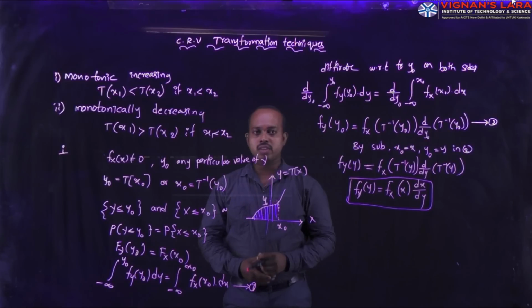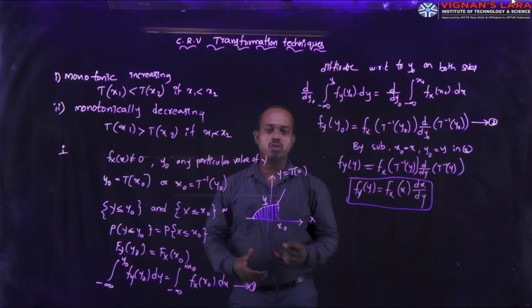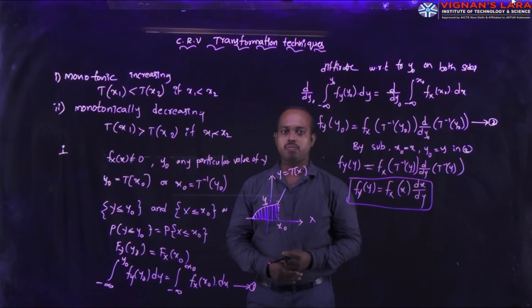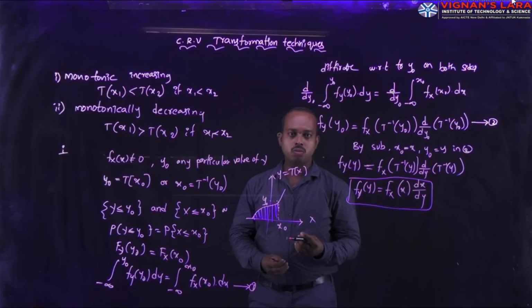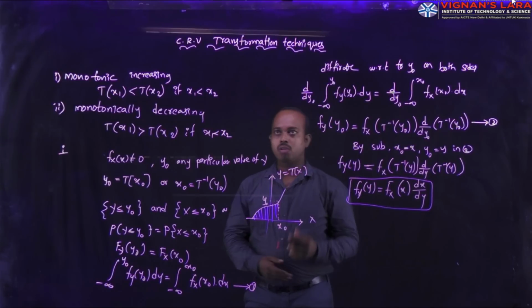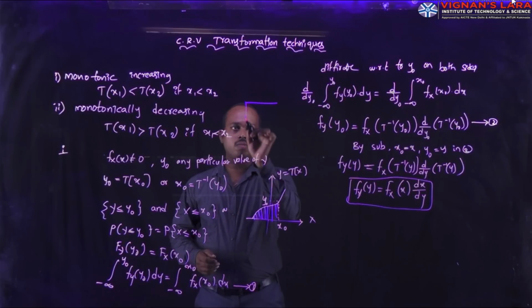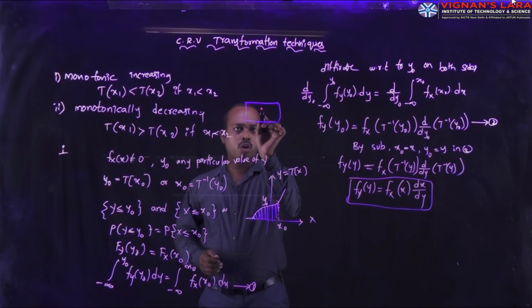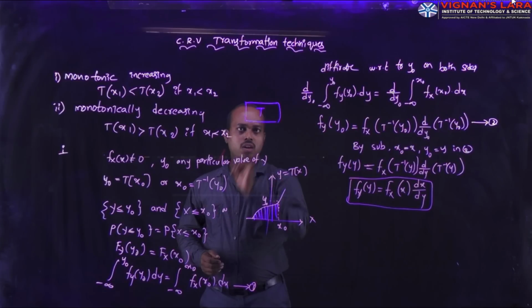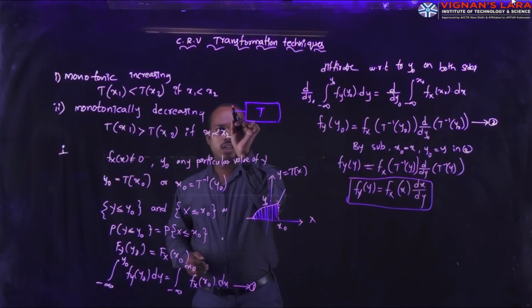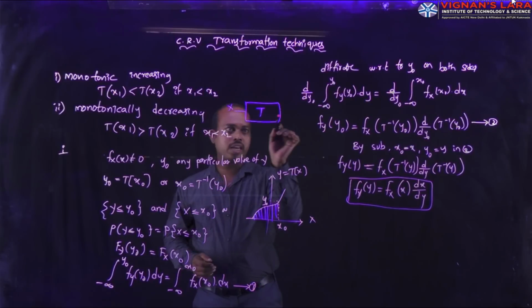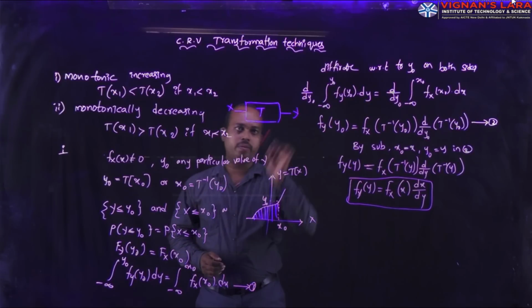Already we have some idea about a system. What is a system? How do we define a system? The system gives the output based on the input. Generally, we represent the system in a block diagram. Here, the block diagram is represented with a transformation. We can apply the input. Here I am taking the input as x and the output as y.